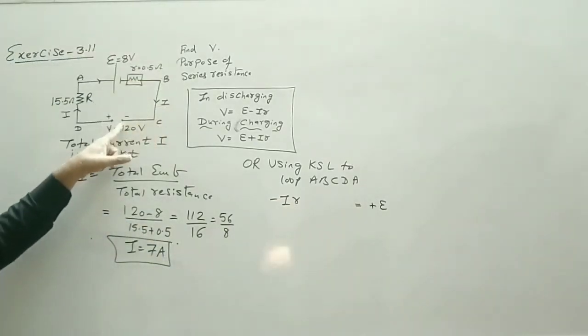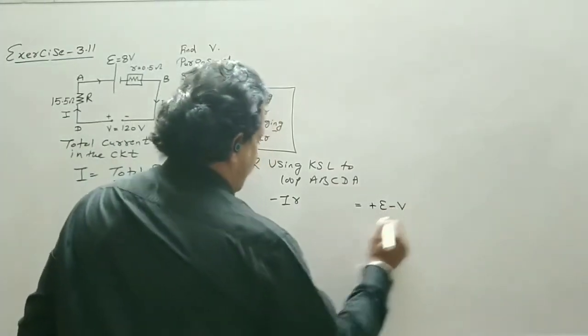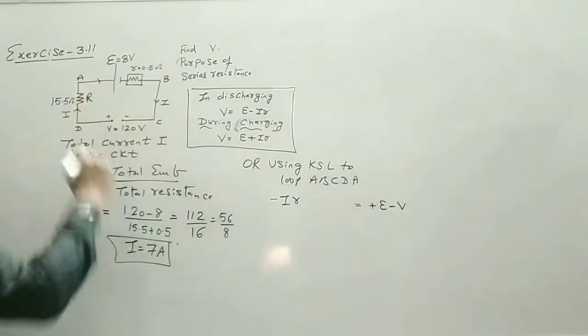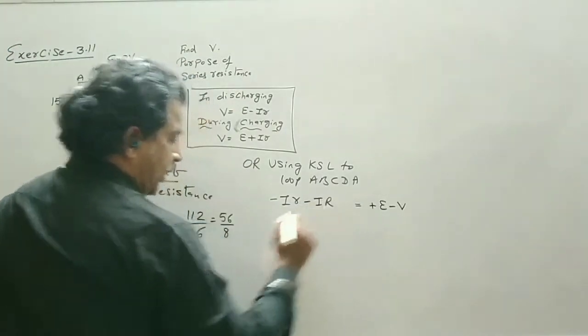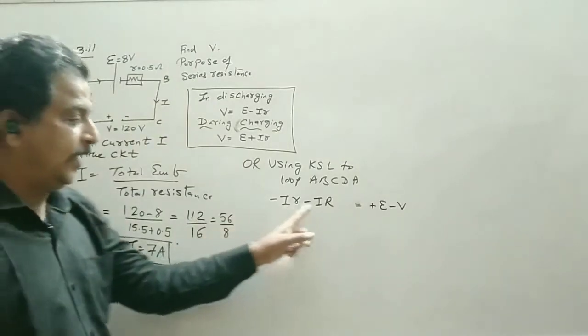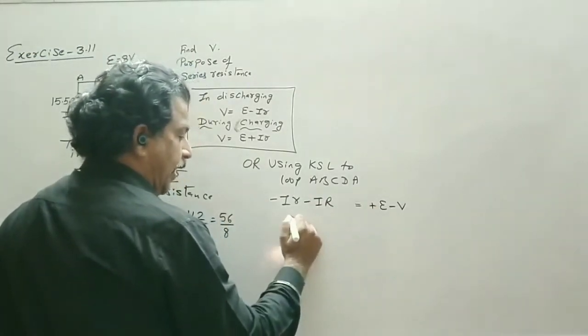Again I come across the negative terminal, so minus V, and then in the direction of current, that is I capital R. So if I take I as common and the minus sign as common, I can write